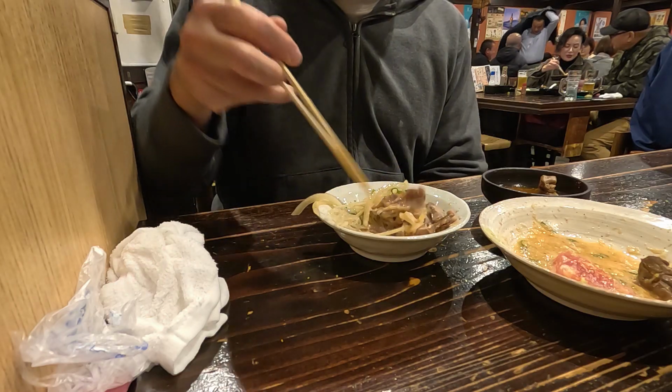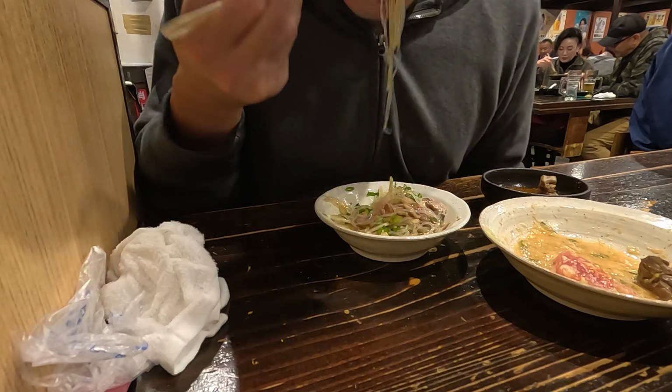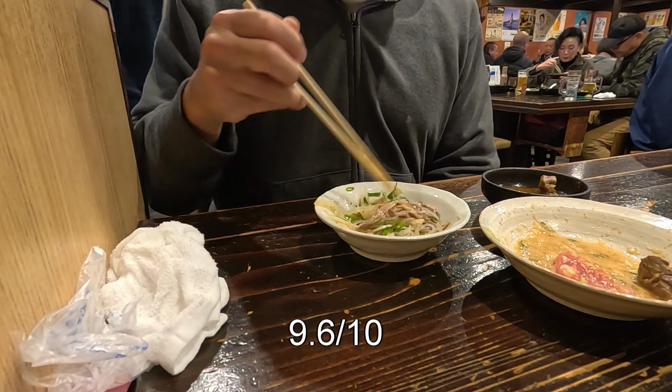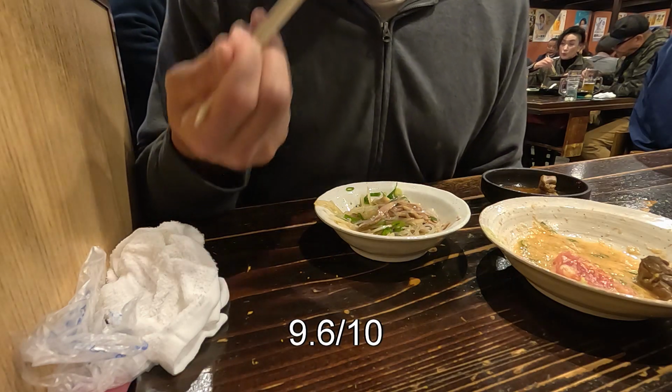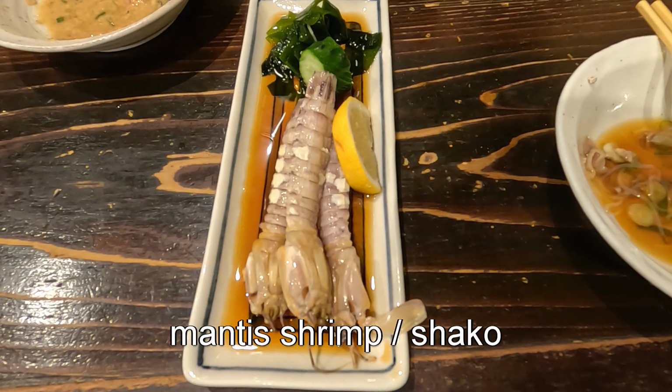Rich chicken flavor with strong soy and citrus flavors from the ponzu. The onion slices made it really fresh and bright tasting, as well as giving it a crunchy texture. 9.6 for this one. Moving on to our next dish, something I've definitely never tried before, which was mantis shrimp,